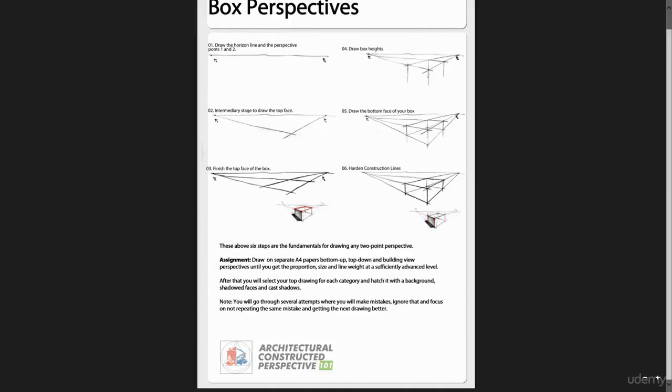So lesson number 1 is about you understanding and practicing proper box perspectives. So we've got our little formula for drawing each of these box perspectives. Obviously got videos. So I'm going to show you the 3 types of box perspectives: top down, bottom up and building view. Don't forget you need to have your horizon line with 2 perspective points as far away as possible